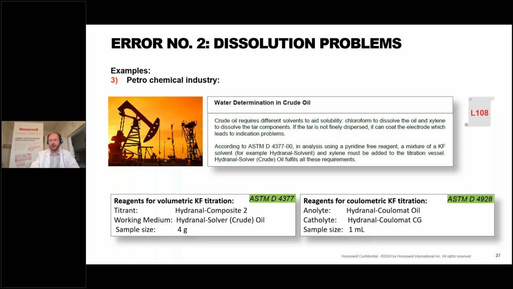And for the volumetric KF titration, we offer Hydranal Solver Crude Oil, and for the coulometric titration, Hydranal Coulomat Oil, which both contain chloroform and xylene as solubilizer, and which can be used as a ready-to-use reagent in accordance with several ASTM methods, like ASTM 4377 and